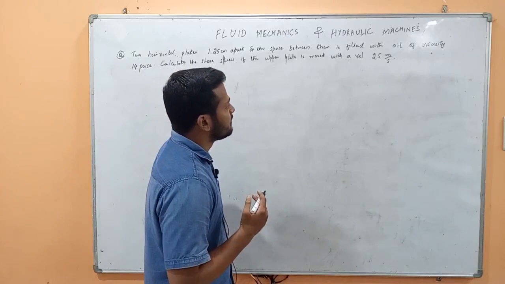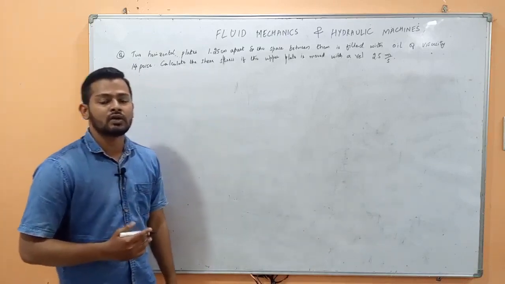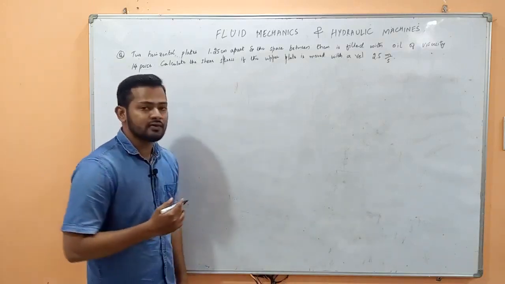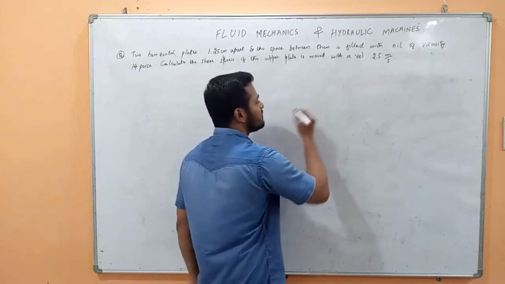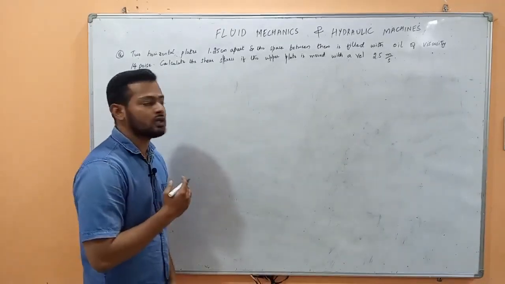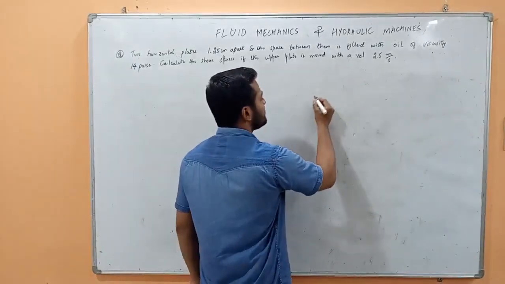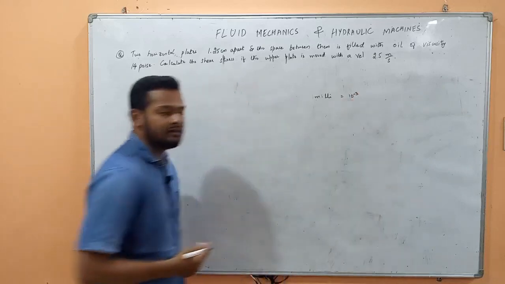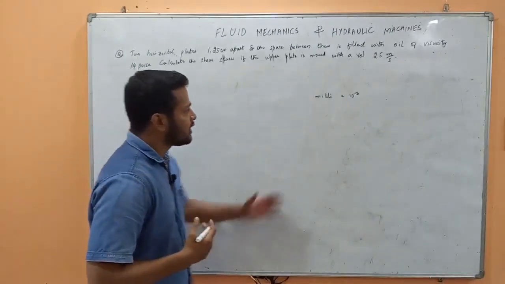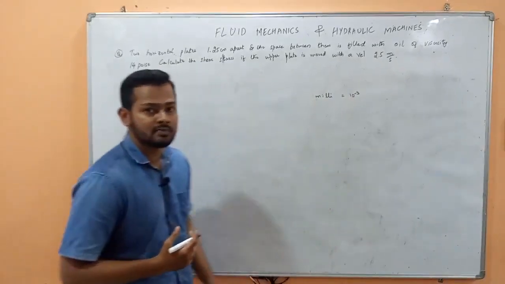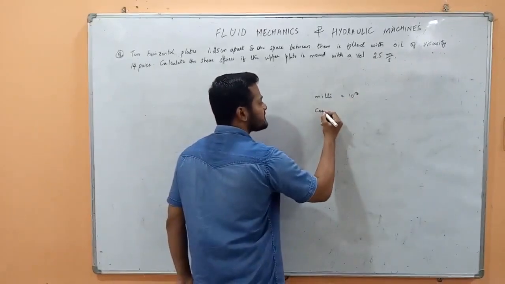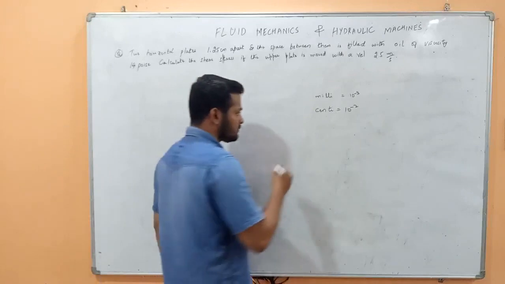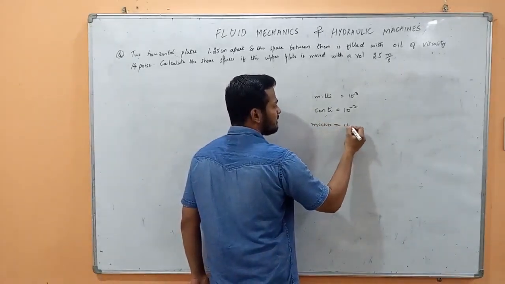So the first step to solve any problem is to convert the given problem in terms of SI units. For converting those units into SI units, there are a few very basic things you will have to remember. So first, what is the value of milli? Milli means 10 power minus 3. So whenever you come across the word milli, I will substitute that with 10 power minus 3. If I have centi, I will write 10 power minus 2, because centi means 10 power minus 2. Micro means 10 power minus 6.